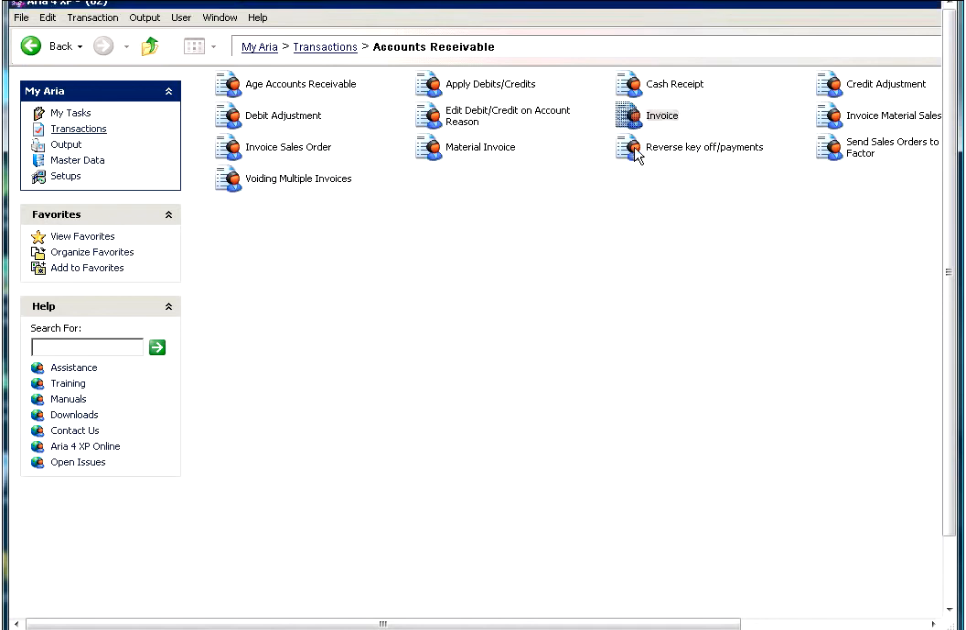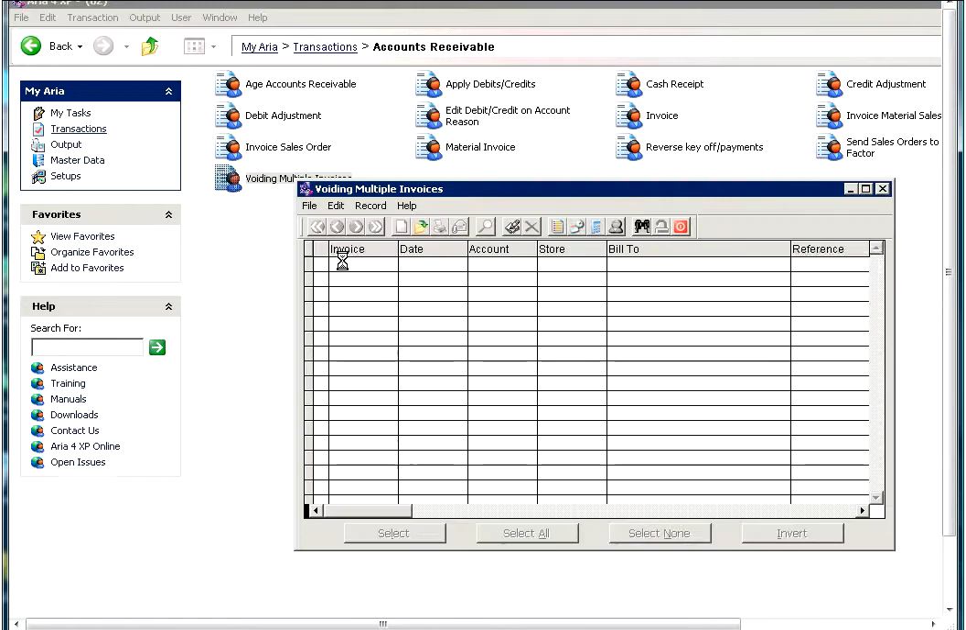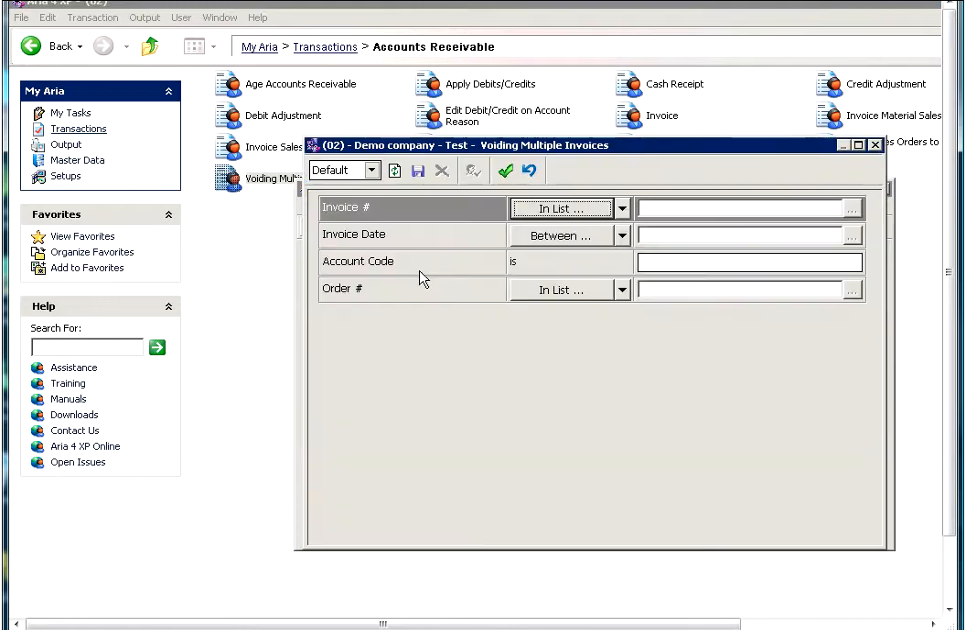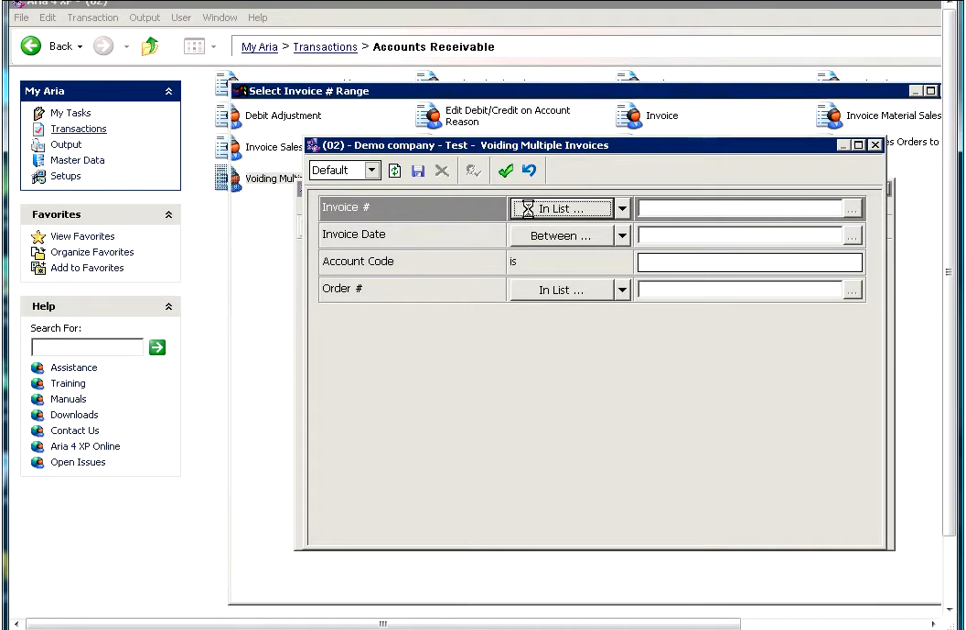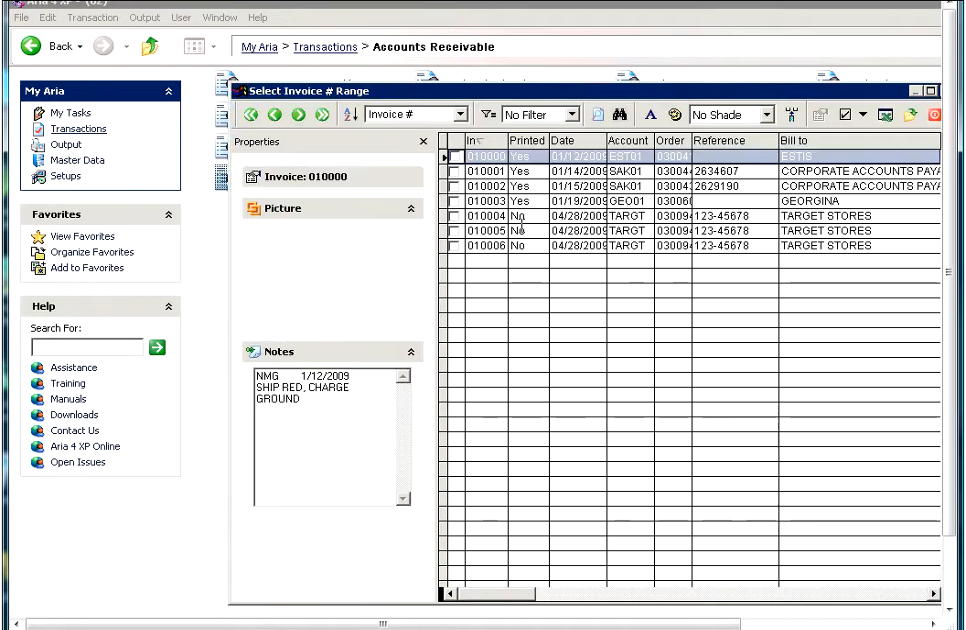The other way to void invoices in Aria is using a batch of invoices, which is Void Multiple Invoices option. When you open up the Void Multiple Invoice option, you will have the ability to select a range of invoices either by invoice number, by invoice date, or furthermore by account or the sales order number. So if you want to select a range of invoice, you click invoice number in list, and here you will